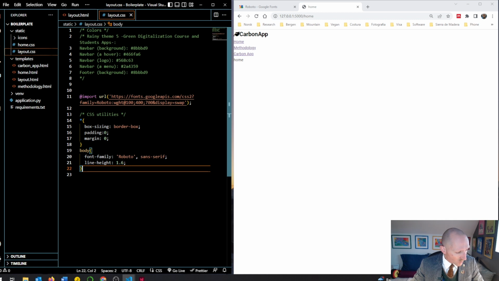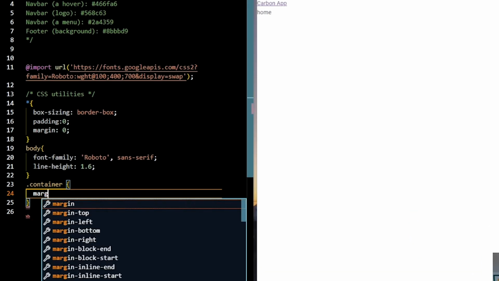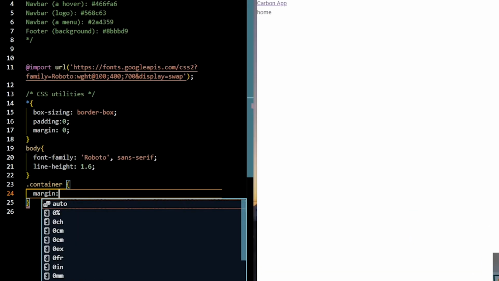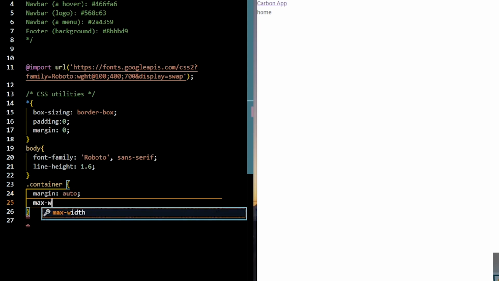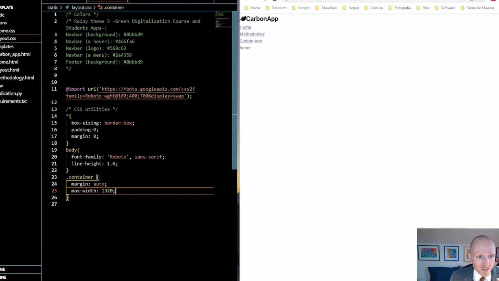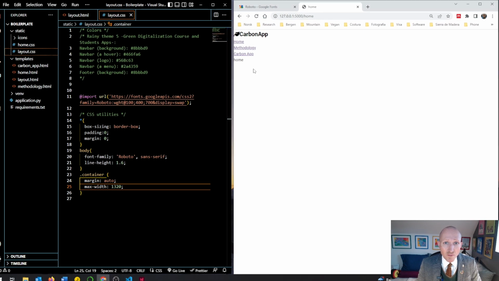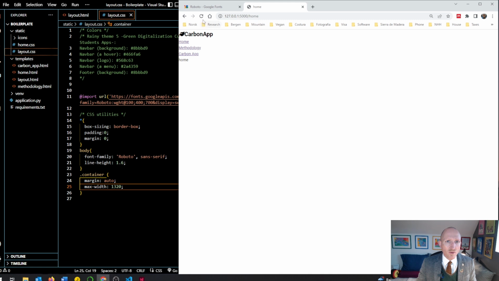Now what I would like to do is to introduce a container. I'm going to define the class container that we have created in the HTML file, and I'm going to introduce a margin of auto, and a max width of 1320 pixels. I save this, and if I refresh this, nothing happened because now the size is smaller than that. But if I increase this and I refresh the web page,